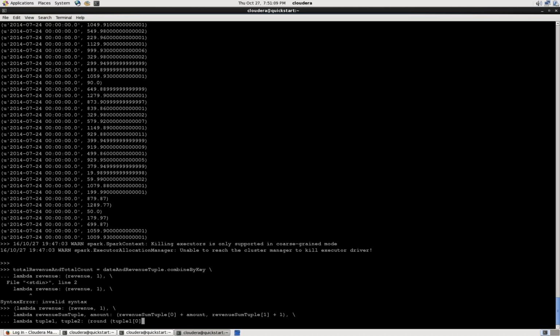I'll explain this one, don't worry. Tuple 1 of 0 plus tuple 2 of 0, and I can give value 2 here. I'll tell you the reason why: I want the round value to be nearest to 2. That's the reason. And tuple 1 of 1